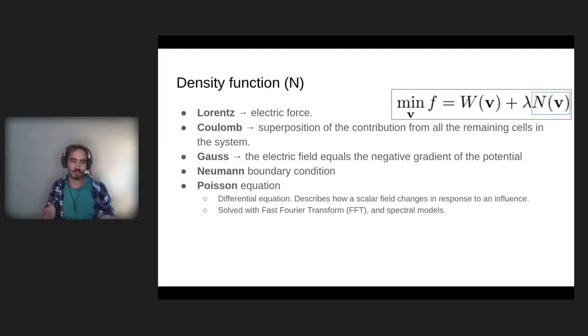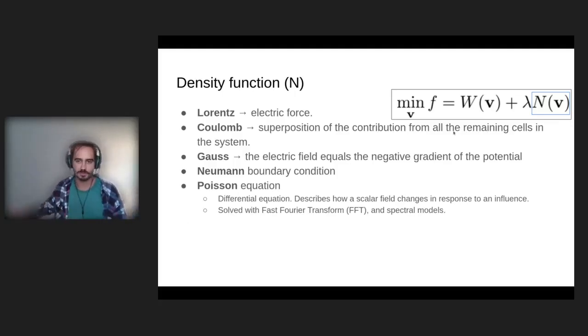And I won't jump into details. Honestly, I don't understand them in depth, but yeah, we have all of this. And we also have some differential equations inside of GPL. And with these differential equations, we use a fast Fourier transform, and this is what guides the placement towards equilibrium